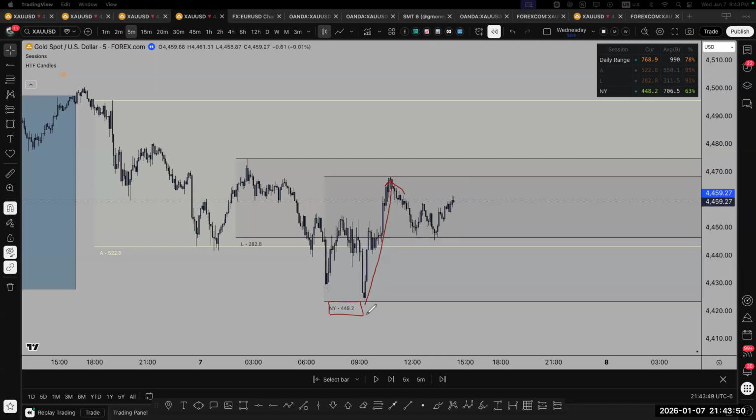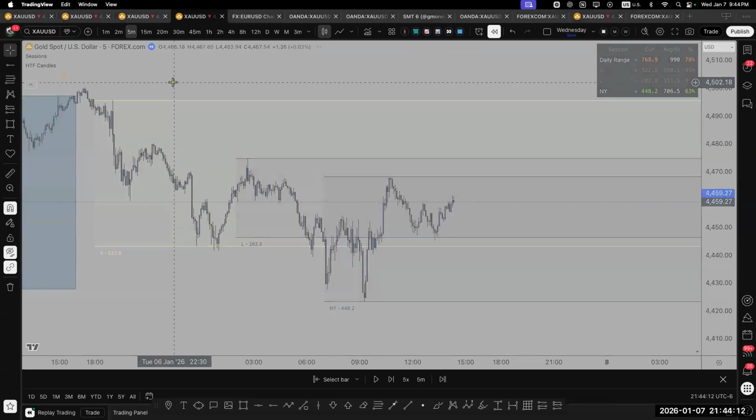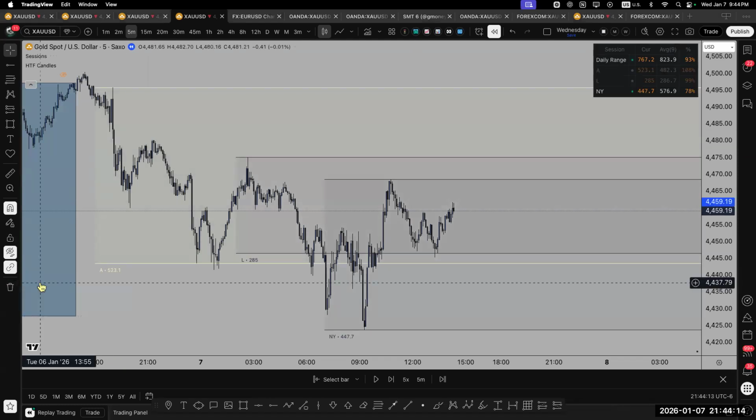So then I always go back and backtest. Okay, so how could I have gotten that move, right? I was able to make some money here, but I was not able to catch the move of the day. So how could I have gotten that move? So there's two ways that I backtested and came to a conclusion. Okay, number one was